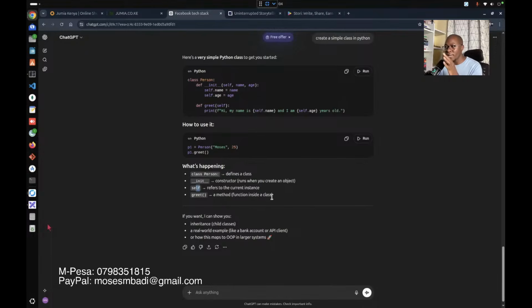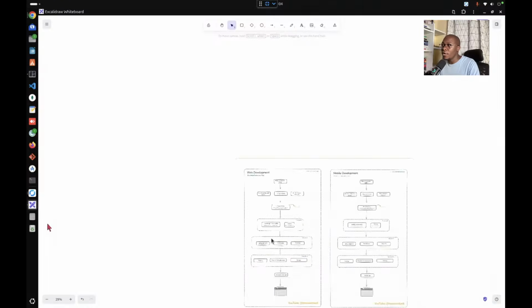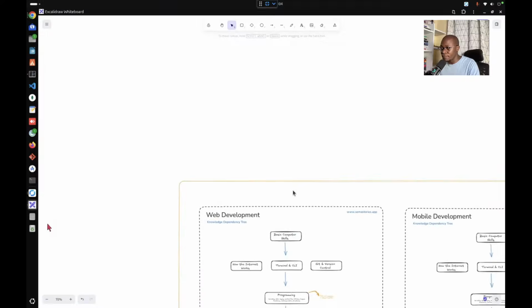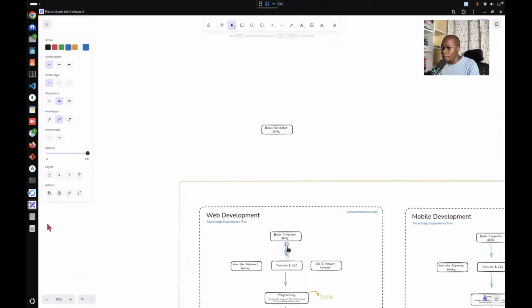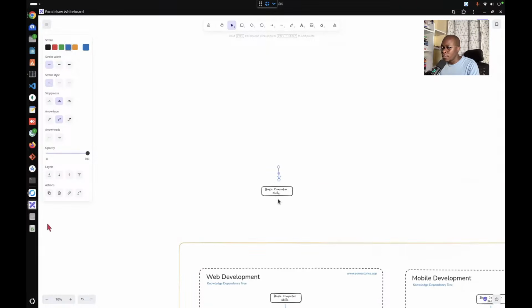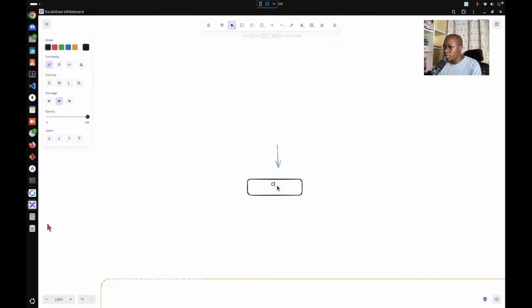So right at this point, you need to draw your knowledge dependency tree so that you can connect the dots. Some of us can do it without writing it down. You can just know that, oh, I need to learn constructors, or I need to learn self and whatnot. But if you want to make it easier for yourself, you can just come here, and of course, you can do this on paper, not on this software that I'm using. And then you say, I'm learning about object-oriented programming.